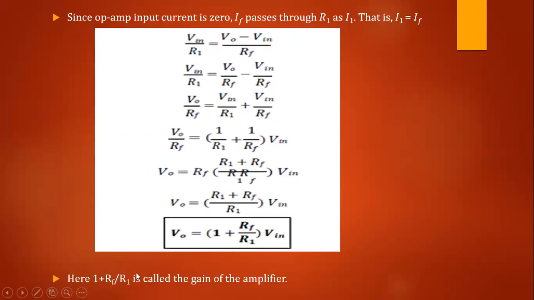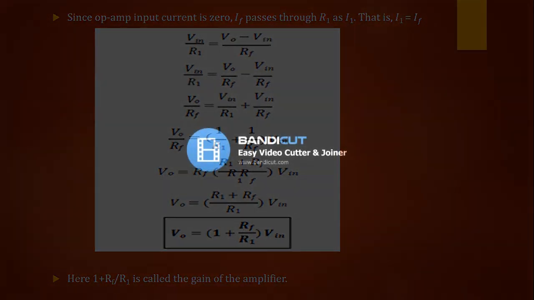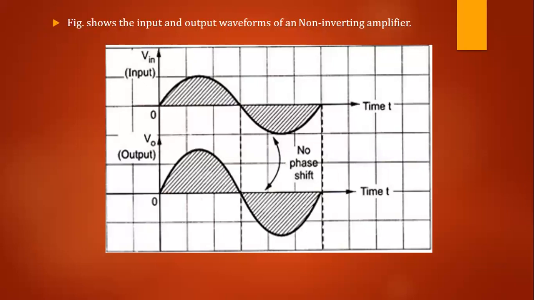So here the term 1 plus RF by R1 is called the gain of the amplifier. So now input and output waveforms of a non-inverting amplifier are as shown. See here, there is no phase shift between the input and output voltage. Okay, so both are in phase. So now